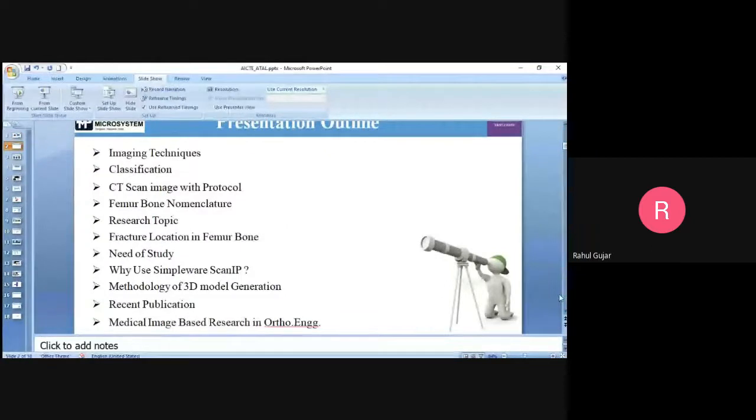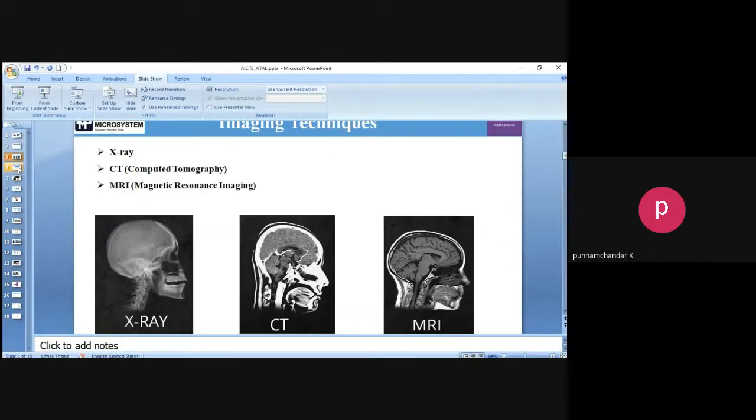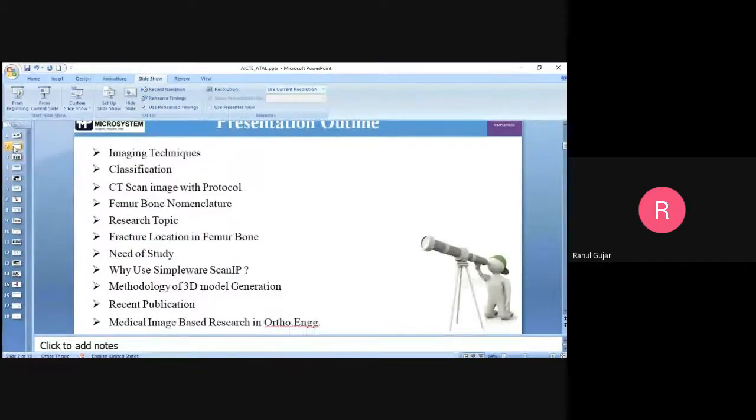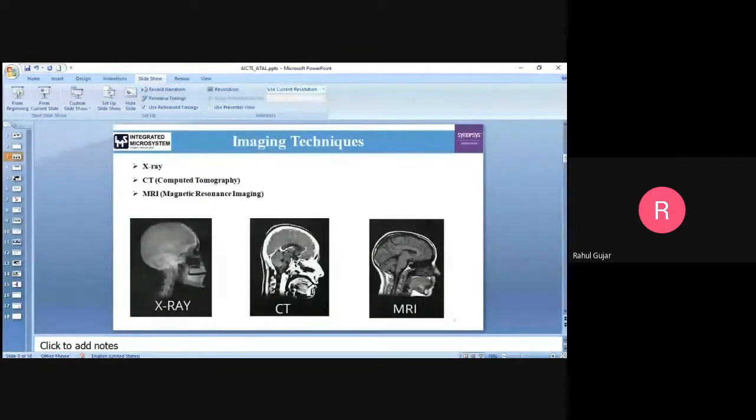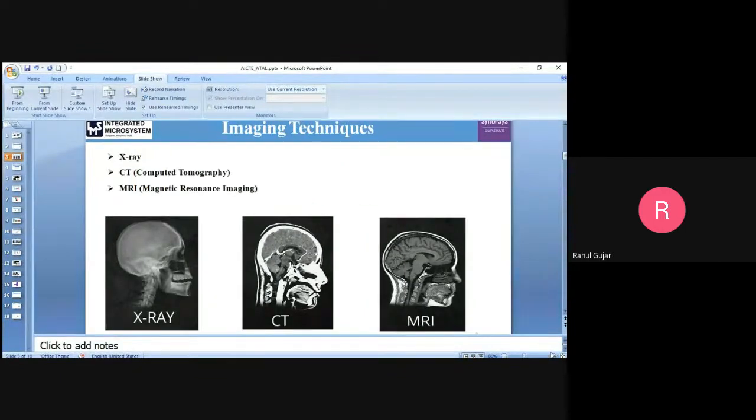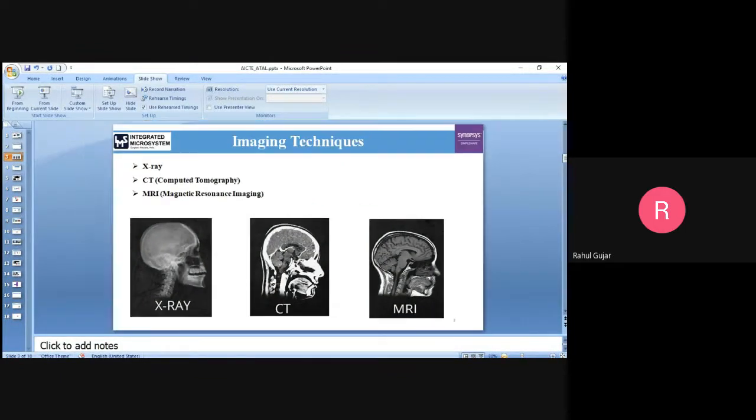Now is that visible? Yes, sir. Presentation outline. Now it is changing the slides. Okay, I will not convert into full screen. I think there might be issues with the full screen presentation, so I'll just keep this presentation like this. Is that screen visible to all clearly? Participants, please respond. It is okay, sir. Okay, sorry for the inconvenience.